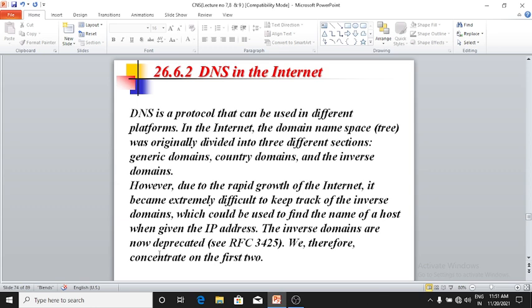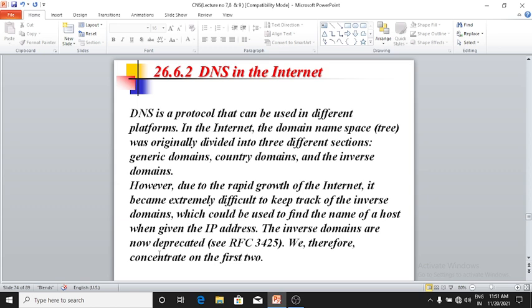Here is the DNS in the internet. DNS is a protocol that can be used in different platforms. In the internet, the domain namespace tree was originally divided into three different sections: generic domain, country domain, and the inverse domain.